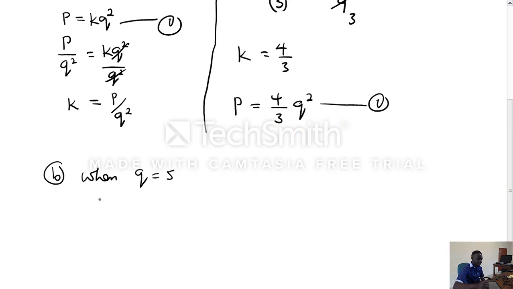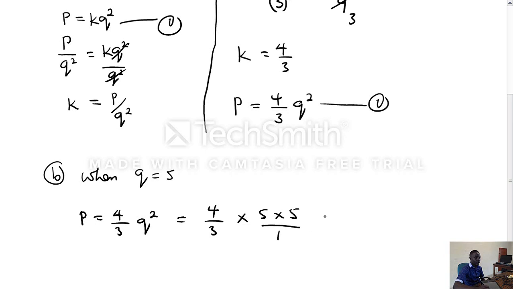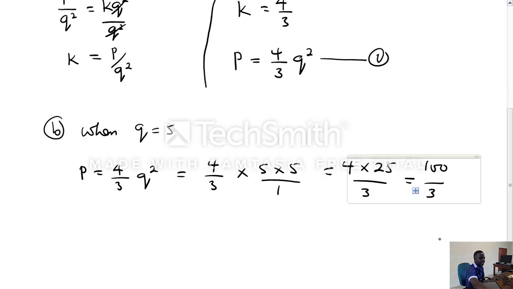So we have it that when Q is equal to 5, P, which is given as 4 over 3 Q squared, will be equal to 4 over 3 times Q squared, that will be 5 times 5 over 1, and this will be equal to 4 times 25 over 3, and 4 times 25 is 100. 100 divided by 3 will give us